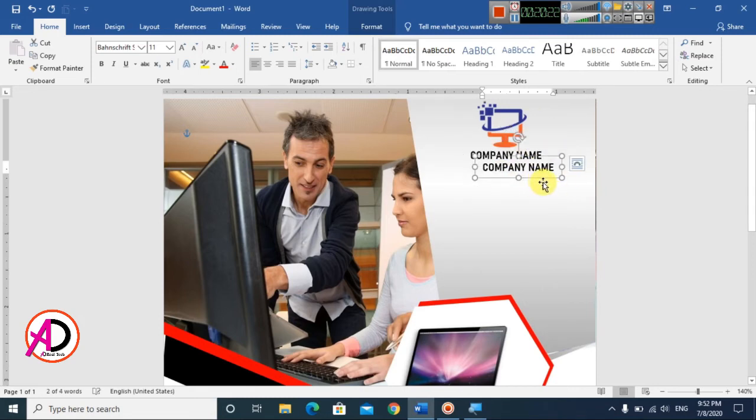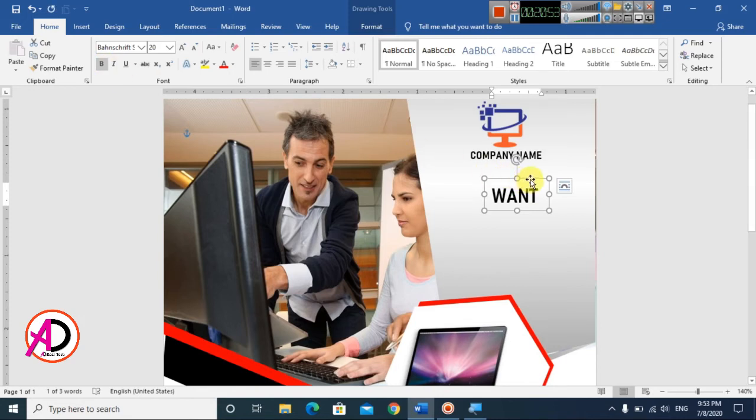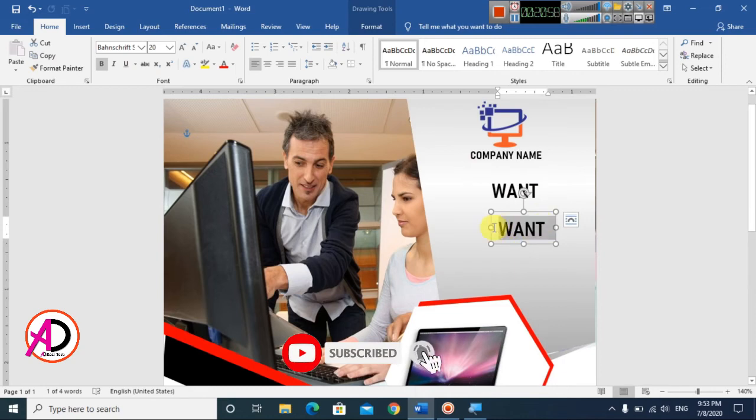And again I click on this text and press Ctrl or Command D, duplicate it here and drag it here, and simply I type want, W-A-N-T, and a little bit increase the height, Ctrl A. Maximum I use 14, it is better now here like this, or 16, we can see 18 also better now, using any font style, 20 also better now here. Click on the bold like this, and press Ctrl or Command D, drag it here and type here